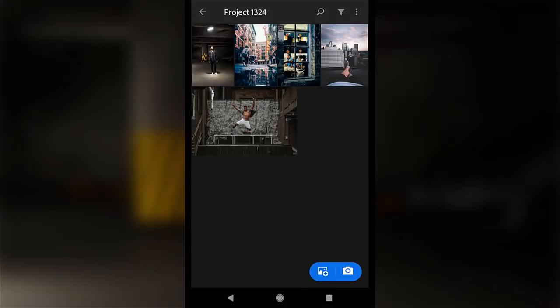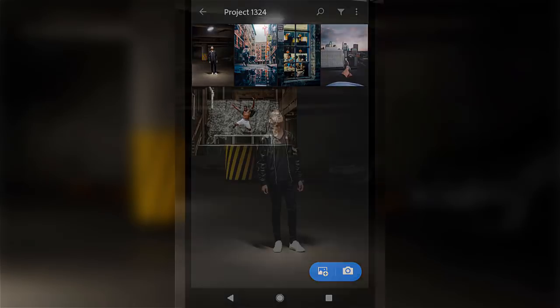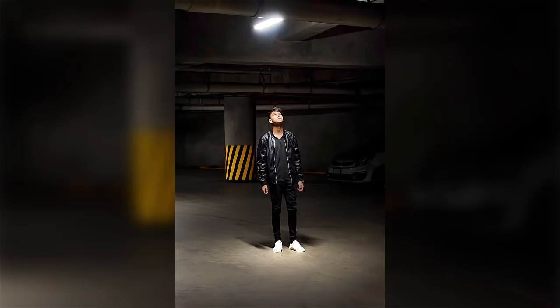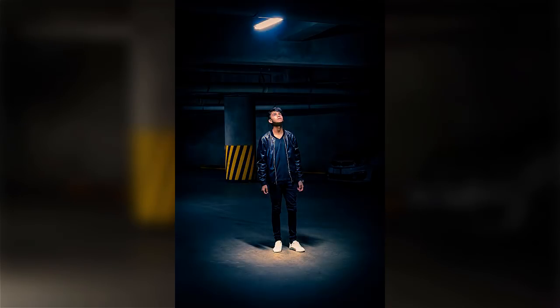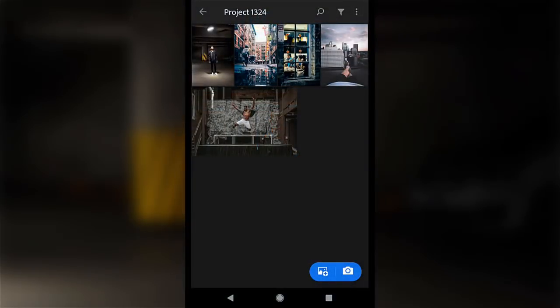This video is part of a series of exercises on Project 1324 to help you build your creative skills. In this tutorial, you will learn how to apply a cinematic color effect to your photos with the Lightroom CC mobile app for your iPad, iPhone, or Android phone, which you can download for free on the App Store or on Google Play. If you would like to follow along, you can download the practice image on the page for this video on